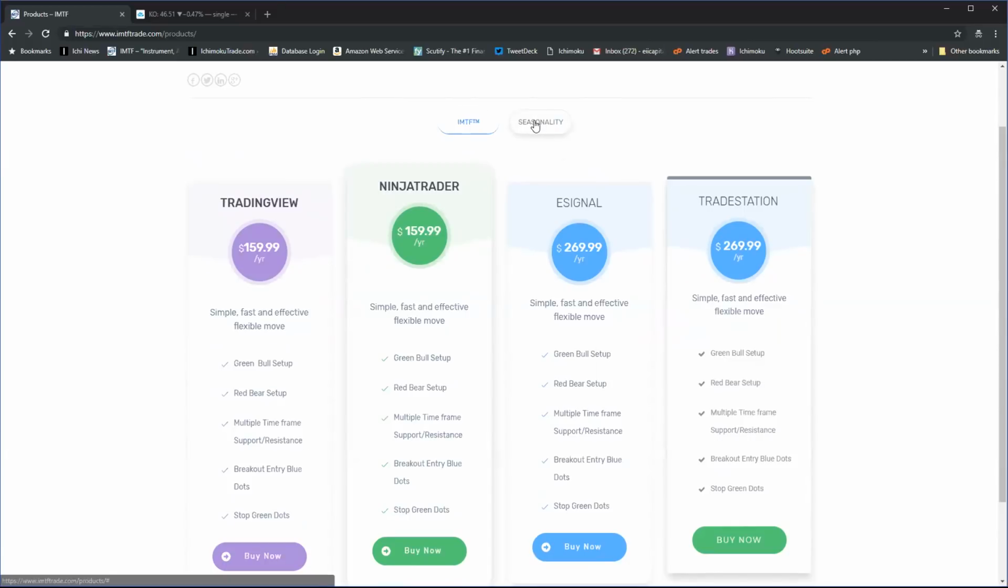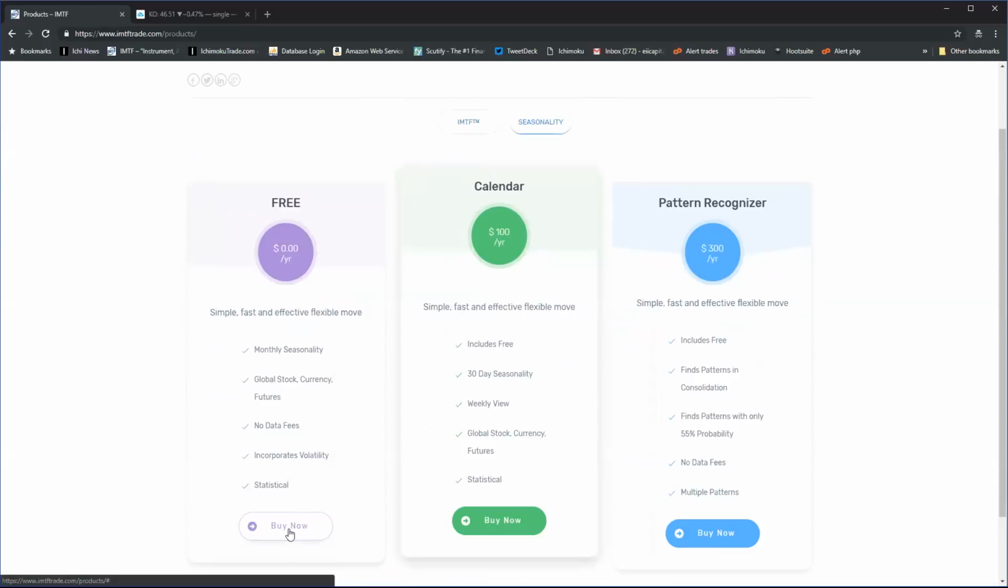If you click on seasonality here, this will take you to the seasonality website where we give you monthly statistics based on demand. We added 2 other features in here for a cheap yearly price, which is one is the calendar and one is that pattern recognizer I just talked about, which is new, and you could pretty much buy that there too. Okay,